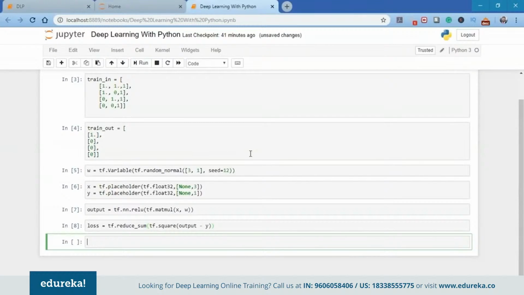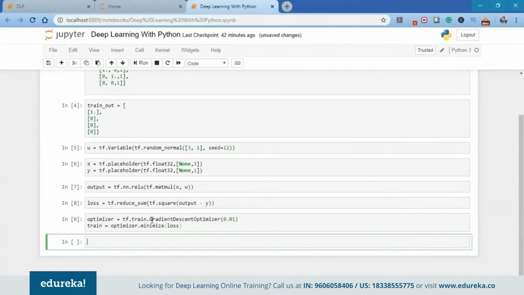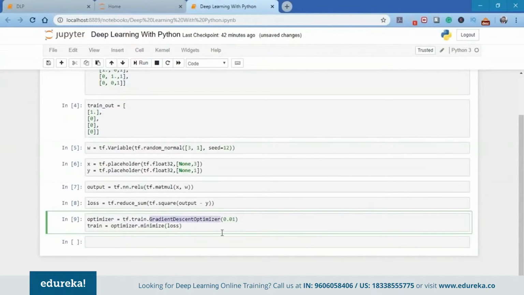So guys, if you want to know more about the gradient descent optimizer and how exactly a neural network works, go check out the gradient descent video posted by Edureka, the link to which I'll share in the description box below. In case you want to know the exact mathematics of how gradient descent works, and what exactly is the purpose of a perceptron when we are talking about minimizing the error, you can check out that video. As you can see here, I have used the gradient descent optimizer.